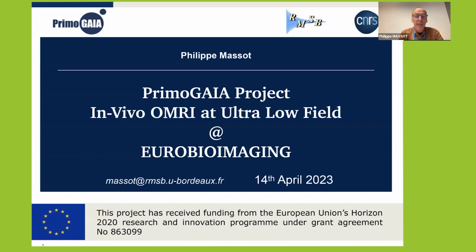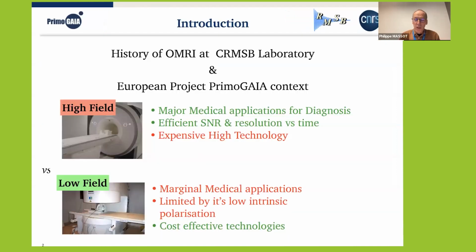The presentation will mainly talk about development and results of the Primo Gaia project, which is part of the H2020 program and the FET Open dedicated programs. I will try to explain our work in Overhauser enhanced MRI imaging, and I will also explain the physical principle behind it in a simple way for those who are not familiar with OMRI. So let's start in detail. And the base of this story is,